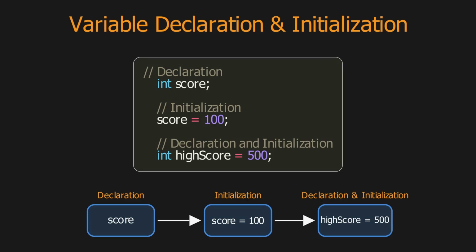This approach streamlines your code and ensures variables have valid values from the start. It's often preferred in Java programming to declare and initialize variables in one step when possible, especially when the initial value is known at the time of declaration. This practice helps prevent bugs related to uninitialized variables and makes code more readable by clearly showing the intended starting